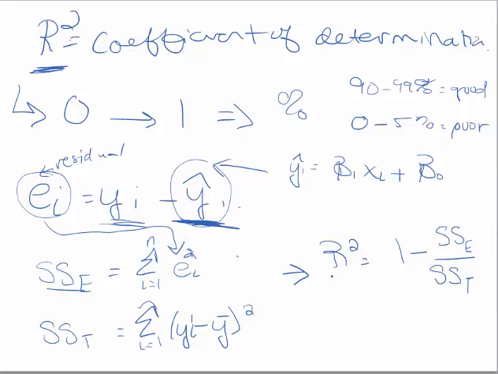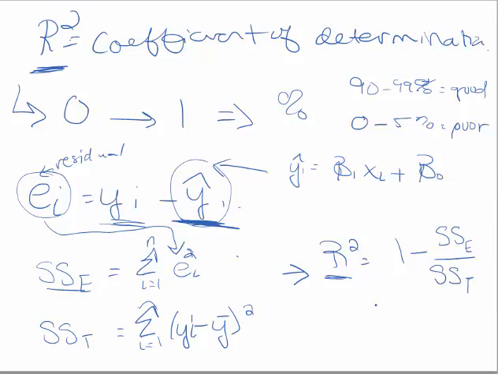Square that, and then you can actually go in and calculate r squared. But as you can see, it's kind of a pain in the butt, because if you have a lot of data, then you're calculating a lot of residuals, and then you have to sum the squares of those residuals before you can even calculate r squared. So let's go into Excel, and I'll show you the quick and easy way to do it,